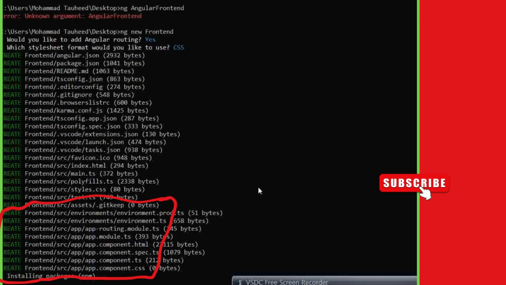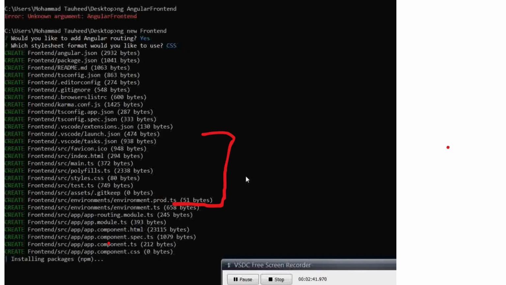We also have app.component.html file, then .spec.ts file, then app.component.ts file, and app.component.css file. We have main.ts file, polyfill.ts file, styles.css, and test.ts file, which are being created by our Angular project for us